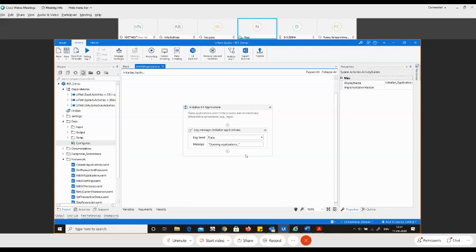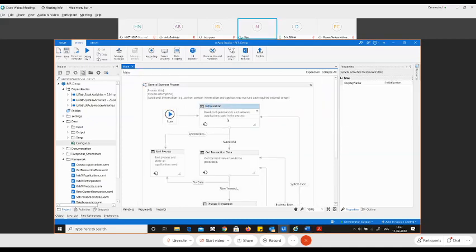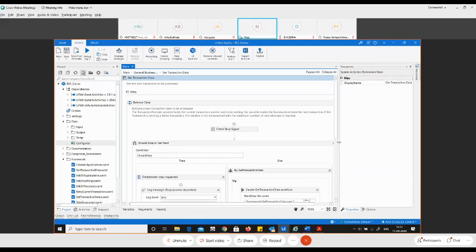I hope I'm making sense over here. Why do we use Init All Applications? Whatever application you're going to use, start that application. If that application has a login, do it here in this workflow itself. Do not keep it for another workflow to start, because initialization is responsible to do this. That's it. So we're done with the state machine, that is the initialization state machine. Now let us go ahead and open up the next state machine, that is the Get Transaction Data state machine. Now, what are we responsible to do over here?